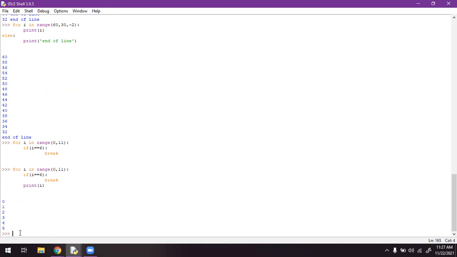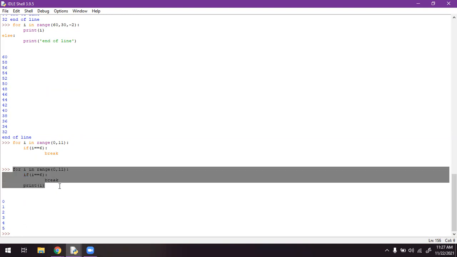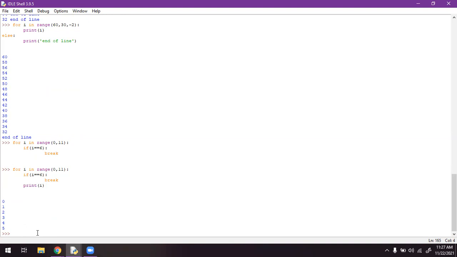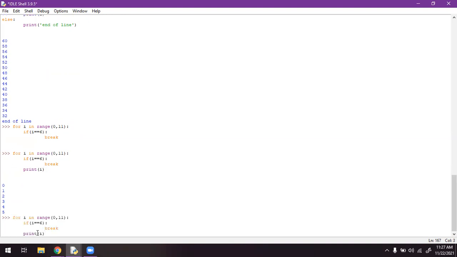But if I want to skip the number 6, then what do I have to do? I have to use the function called continue. So if I write like that, what happens?